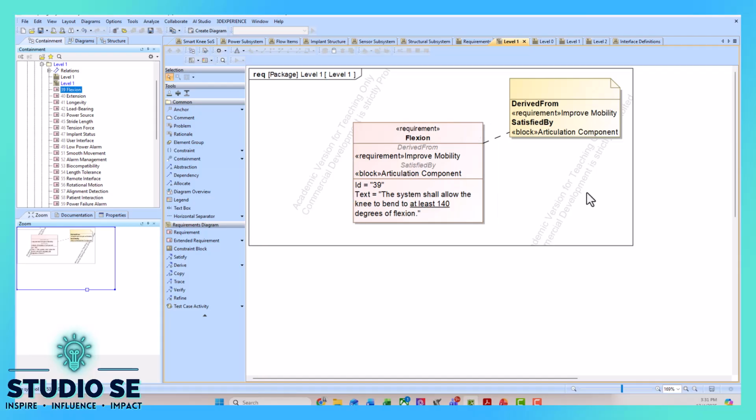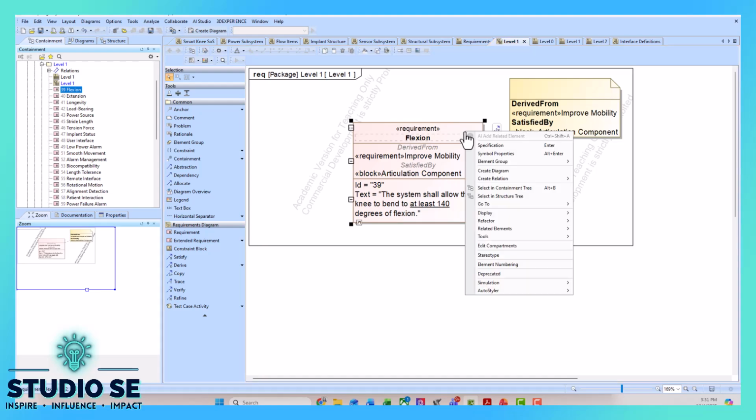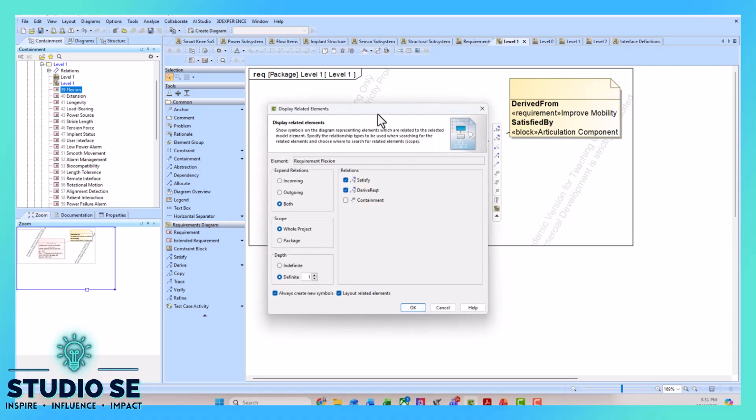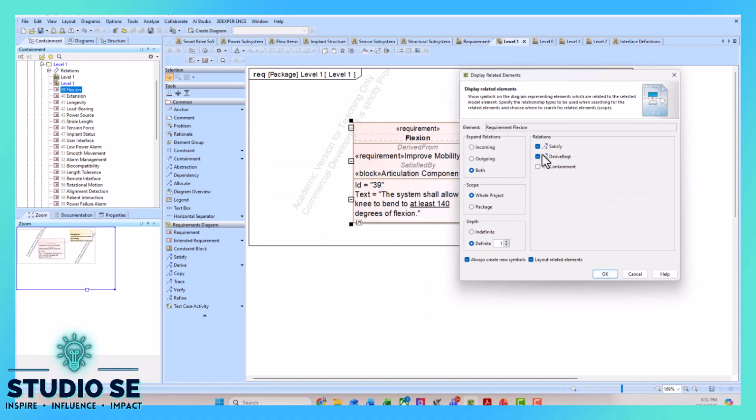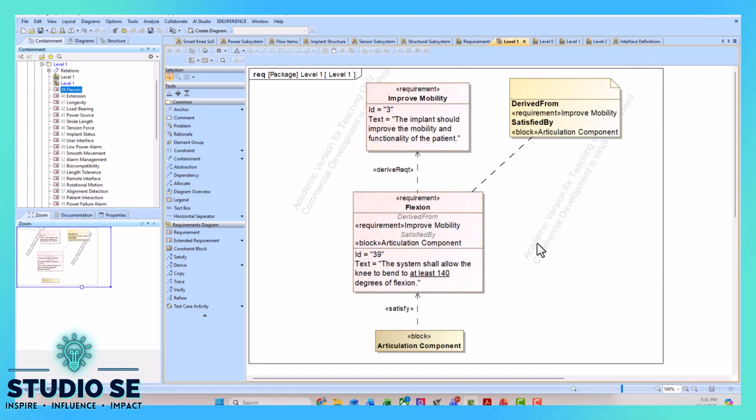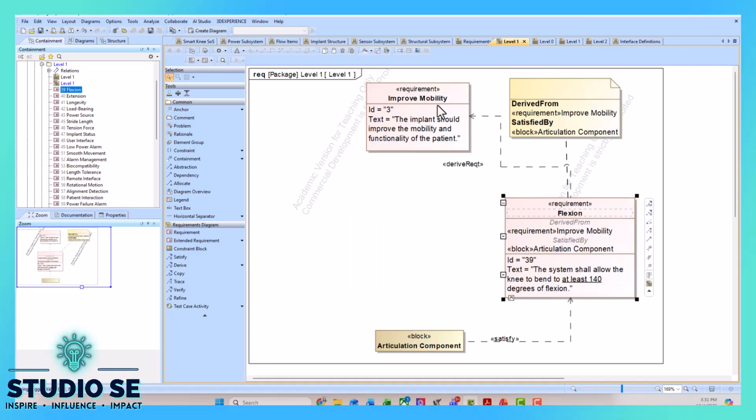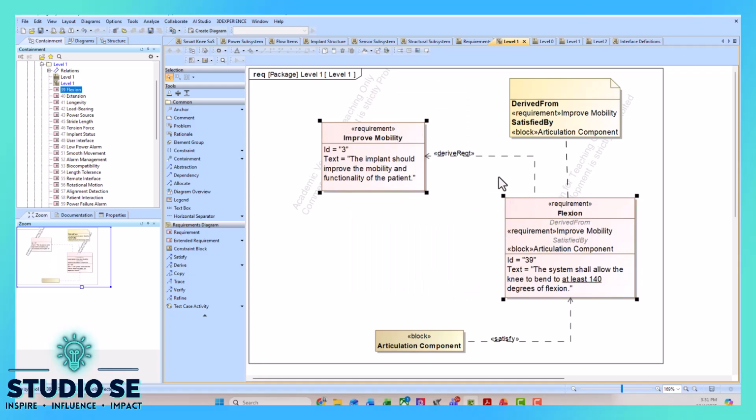One other way is to just display it directly on the diagram. And probably the easiest way to do that is to right click the element, and you can actually do this for any element. You can go to display related elements, and the majority of the relationships that you have here will appear in the relations little window screen. You can press OK for the ones that you want to show, and it will go ahead and pull those elements onto the diagram. So those are just 3 different ways that you can